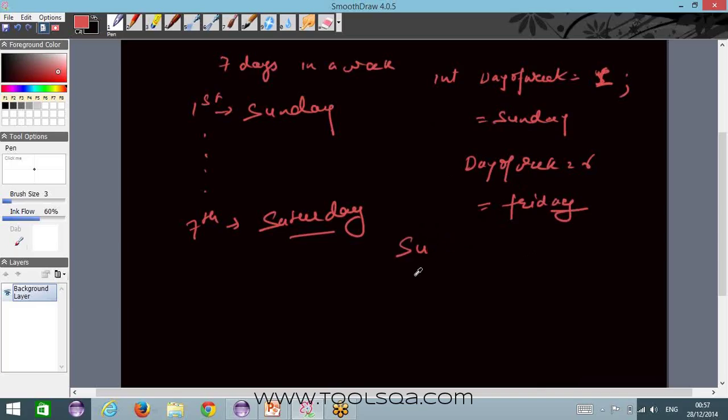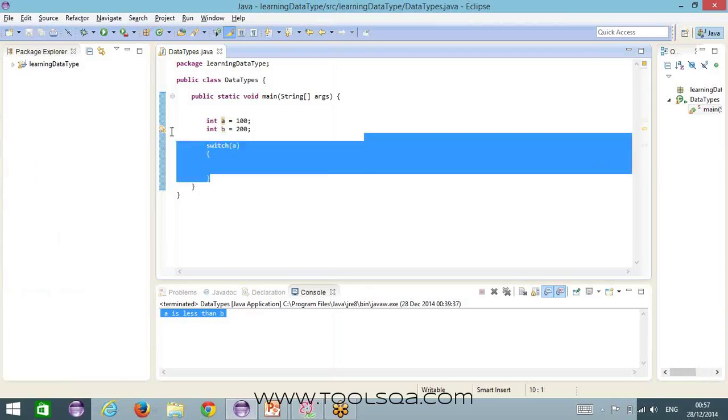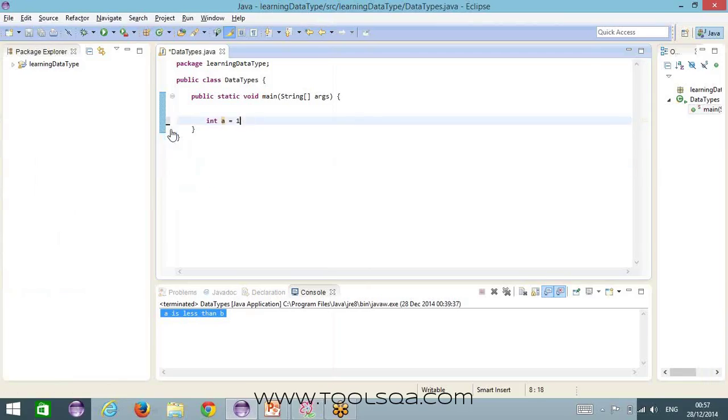Sorry for that. We can do it using a switch statement also. So let us try to do it using an if-else statement first and then using a switch statement. Let us say we have an integer here and the name of the integer is day of the week, and we want to print what day it is in words based on the numerical value of the day. So we would say if a equals 1,